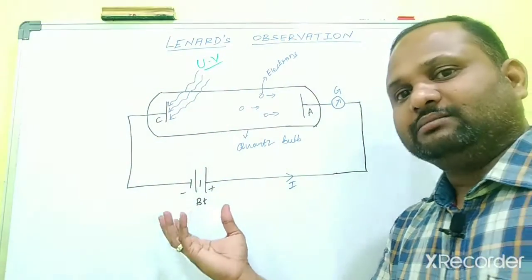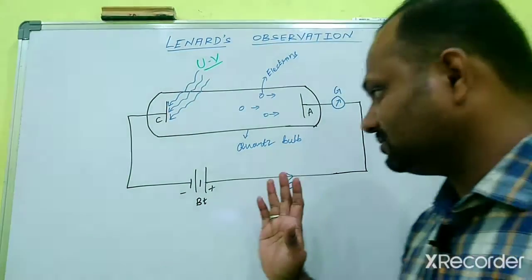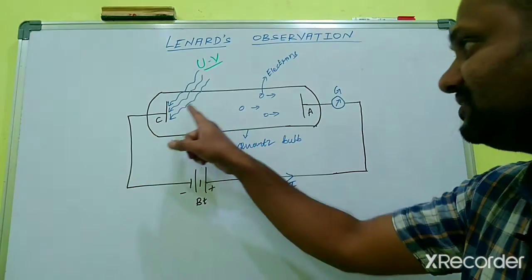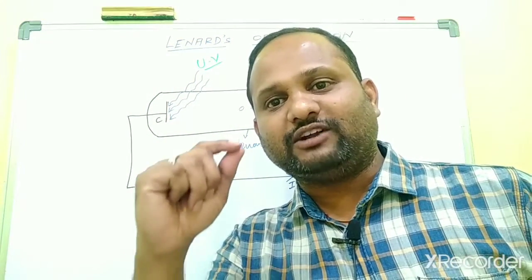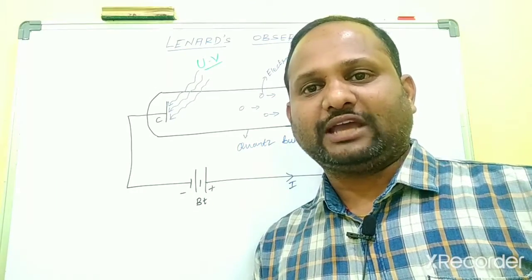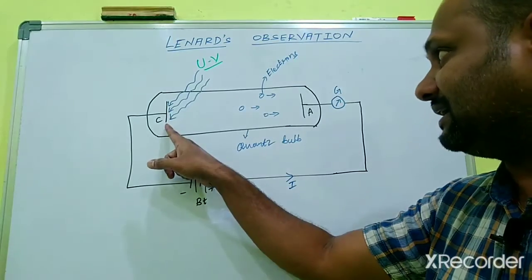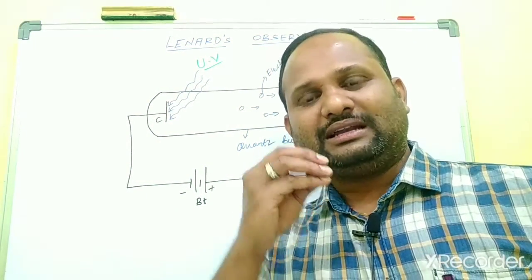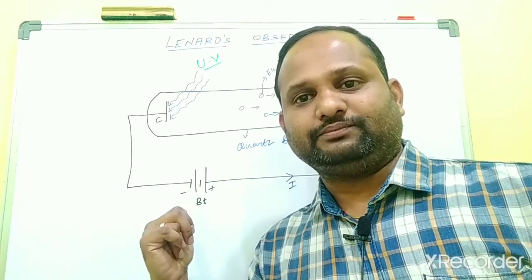Because of the potential difference provided by the battery, is a current passing through it? Is it correct? No. Why? Because there is a lot of gap between the cathode and anode inside the quartz evacuated bulb. This is an open circuit, because there is nothing present between the cathode and anode, since this is an evacuated quartz bulb.